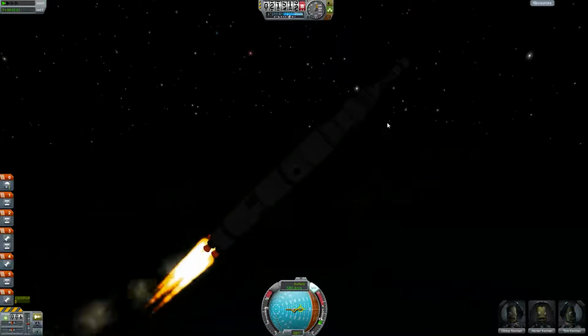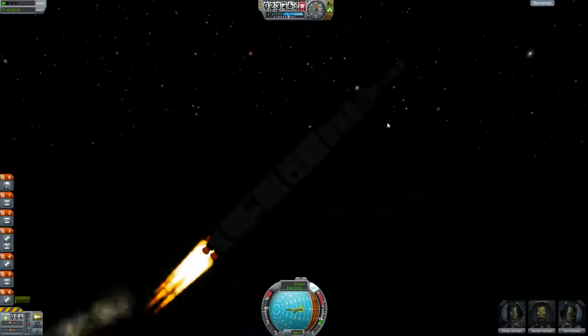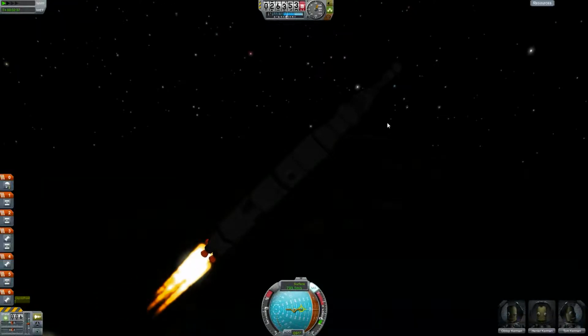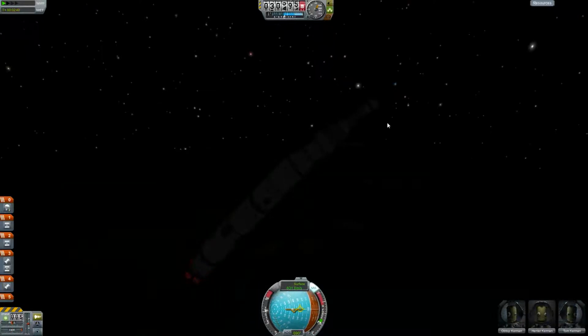But I'm not quite sure if we are able to do this, because the main problem is I need to insert myself into an orbit around the moon. I need to rendezvous with the space debris. I need to capture it, I need to deorbit it, and then I need to land on the moon. And I'm not quite sure if my... let's have the separation,